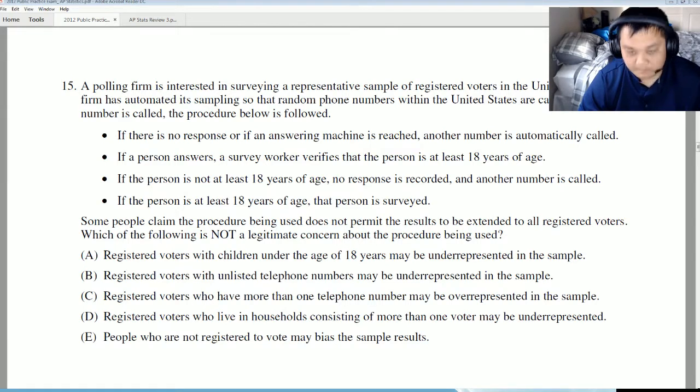Some people claim the procedure being used does not permit the result to be extended to all registered voters. Which of the following is not a legitimate concern about the